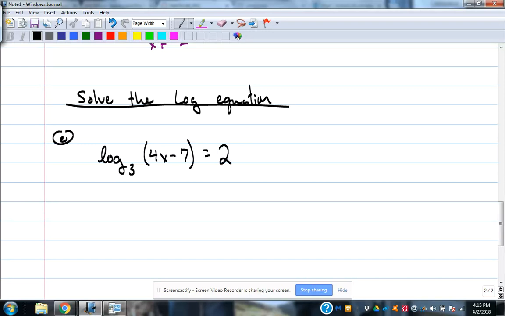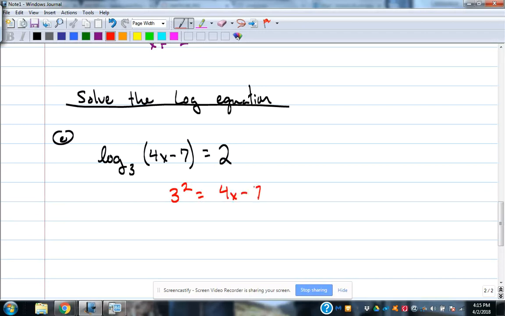One way is to think about this logarithm as an exponential and rewrite the problem as an exponential. And what makes that a good idea here is that you only have a log on one side. You don't have logs on both sides. And you could rewrite that as an exponential by thinking, okay, if it's log base 3, how do I turn that into an exponential? Well, the base becomes 3. The exponent, that's what the log is equal to. So it's 3 squared